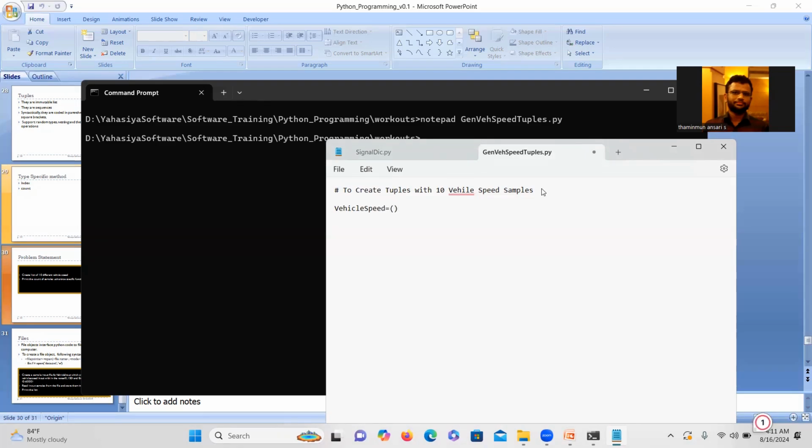Here we need different vehicle speeds, no? So 0, 30, 60, 90, 120, 150, 180,